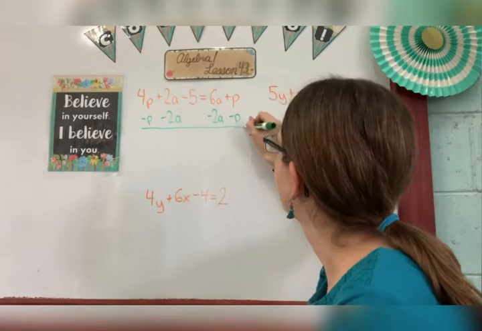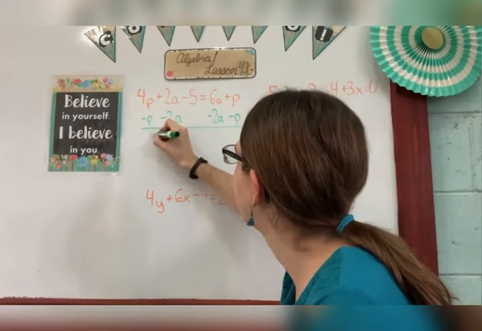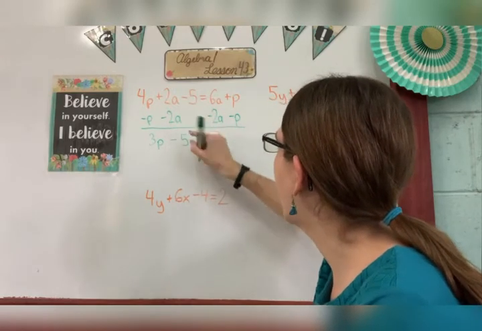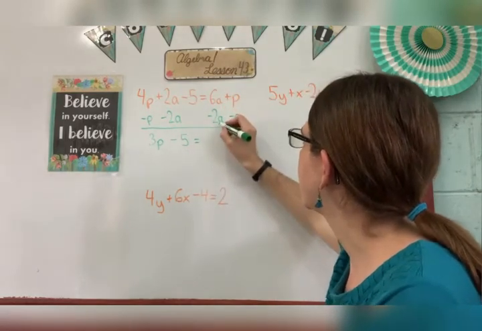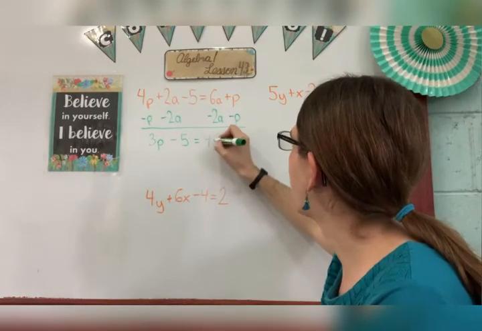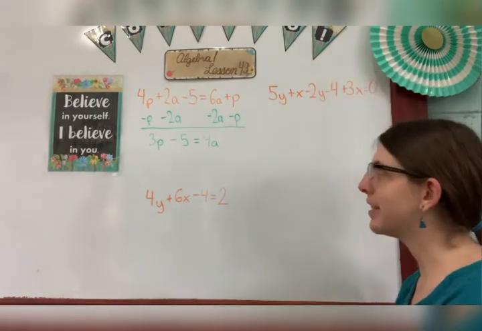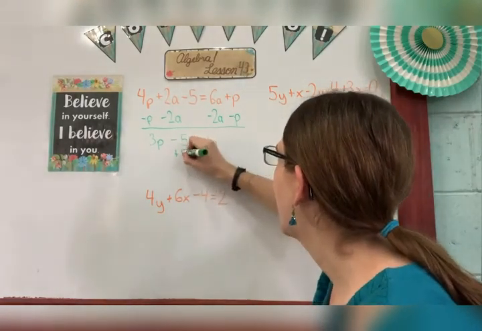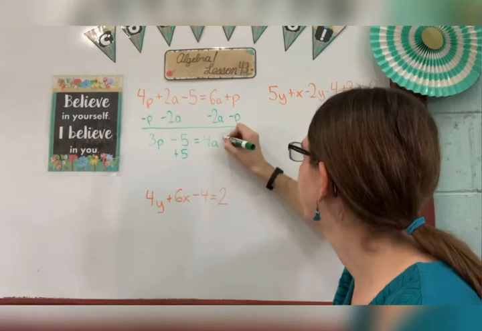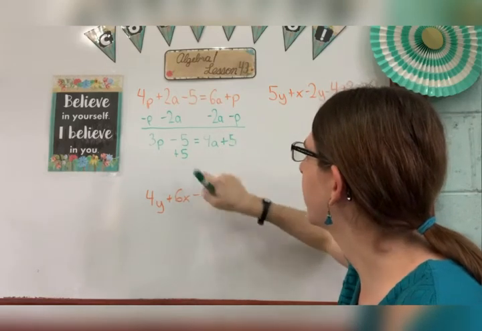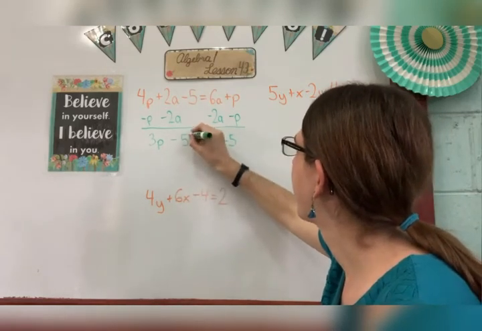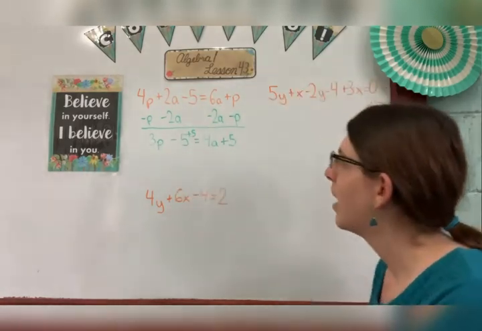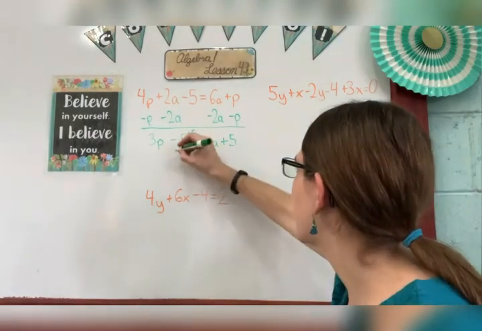All right, so that gives me, well, 4p minus p is 3p minus 5, which is flipped over here. 6a minus 2a is going to be 4a, and nothing left for the p's. Now I'm going to add 5 to both sides. I could have added it in the last one. Should have saved space, so I'm just going to go like that. Okay. There we go. All right, so that leaves me with 3p